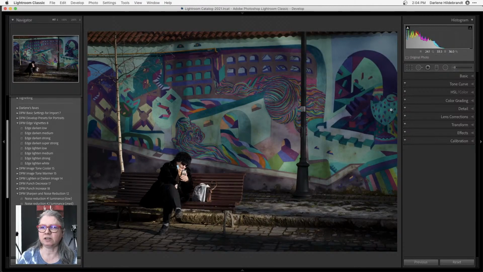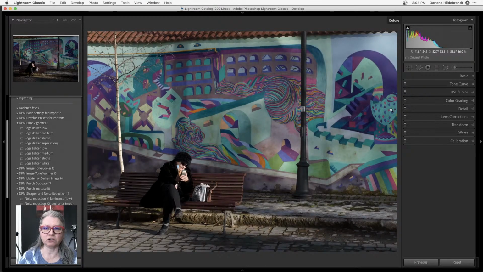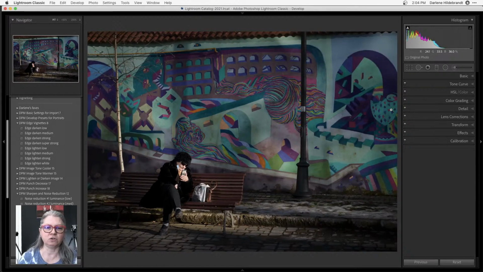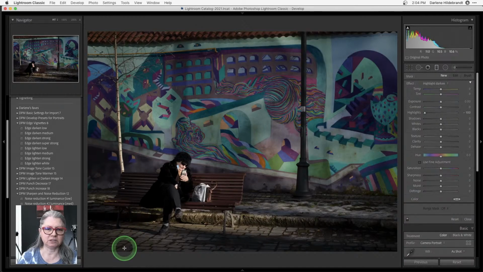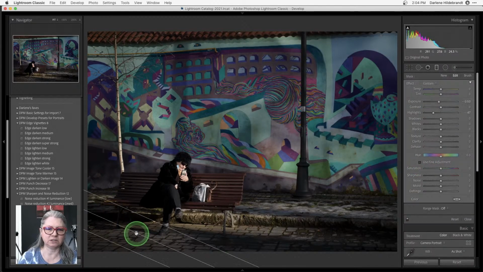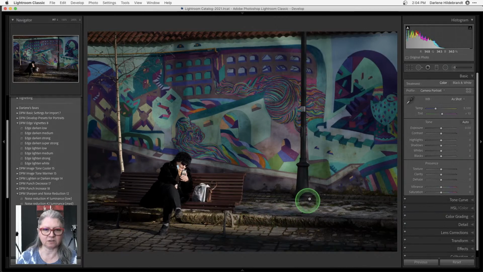So let's take a look at the original, right? On the original, I haven't done much other than darken the edges so far and tone down this area here and the tree. I've done that using some of the tools that I demonstrated earlier, using the radial filter and the graduated filter. Other than that, I haven't done a whole lot. The person is now highlighted. I might scale this one back just a little bit. You can see my edge darkening here. I want to make sure that there's some separation between their feet and the ground.